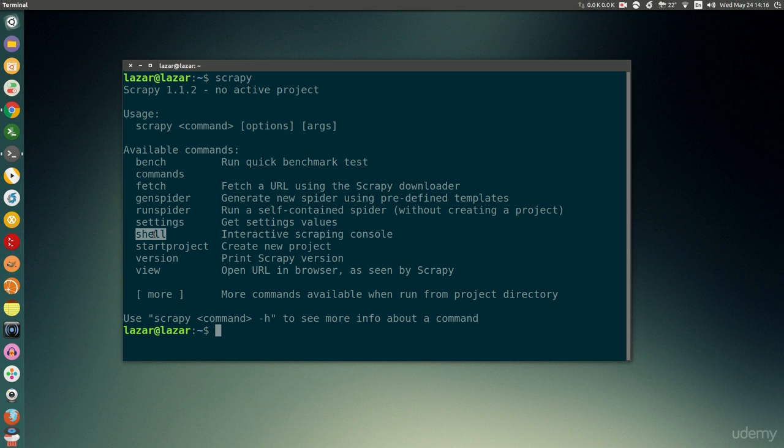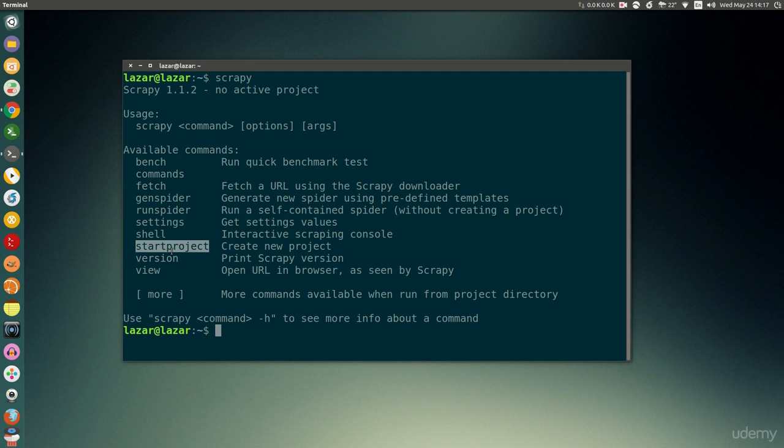Shell is one of the most well-known Scrapy features, and it will be heavily used whenever we develop any kind of Scrapy project to test out, or to see if data points are there, and to test out our code in general in small pieces and then copy and paste the output, or the commands that we write in our shell, to the Scrapy code.